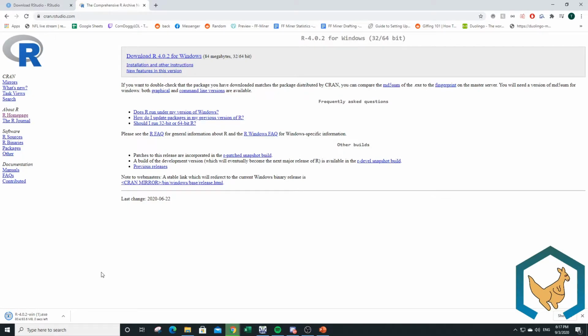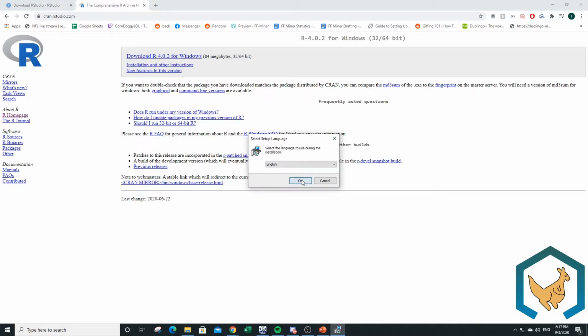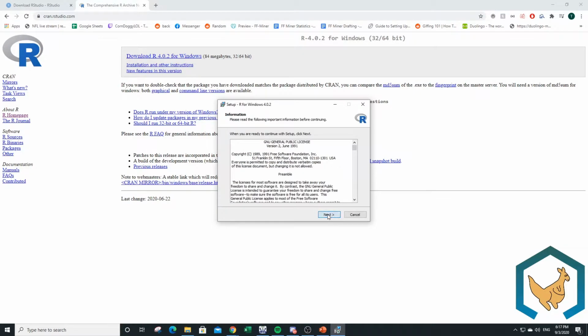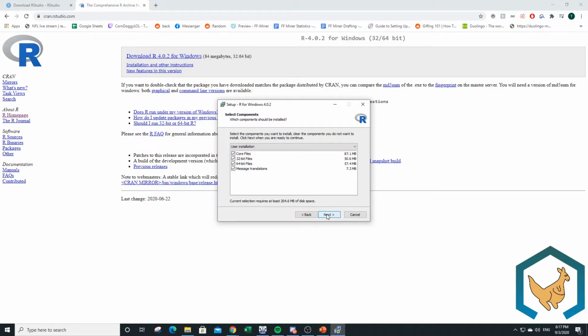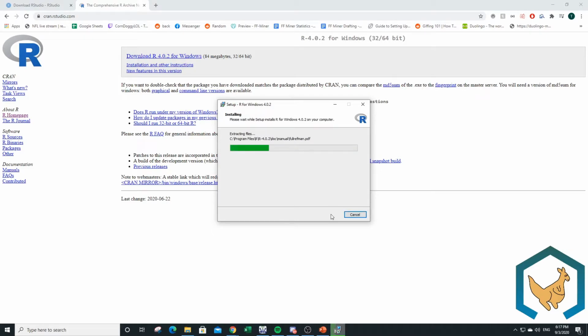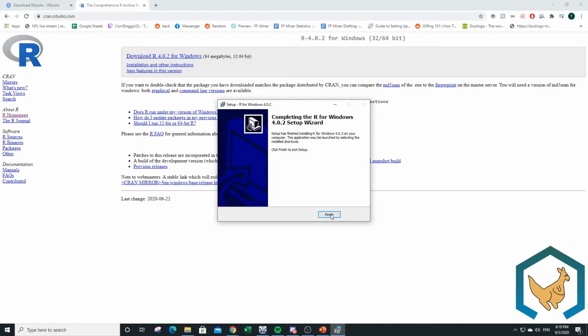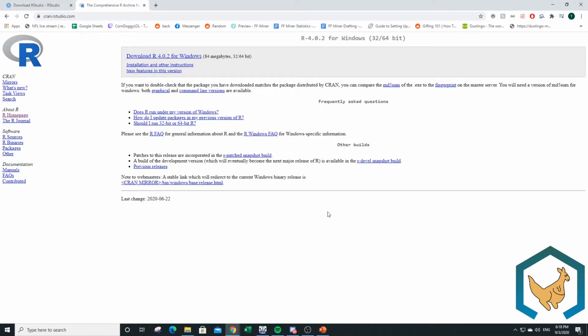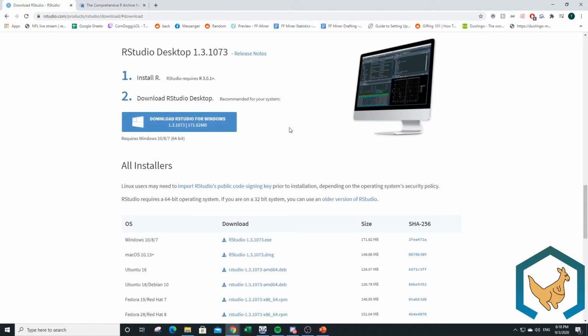When your file is done downloading, open it up and then select your language. I'm going to click Next over here, next one more, next again, next again. Then do I want a shortcut on my desktop? I actually do not, so I hit Next and then it'll install. Once R is done installing, click Finish,